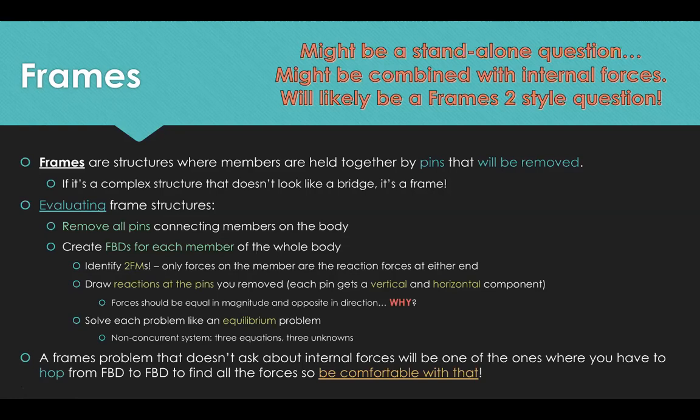So when you're drawing up free body diagrams for a frames problem, every time you pull a pin, say I pull pin C, I'm going to have a CX and a CY on one of my bodies and a CX and CY on the other body. Because the member is not moving at that pin, you have to make sure that you are,